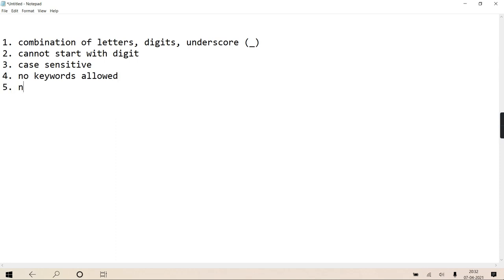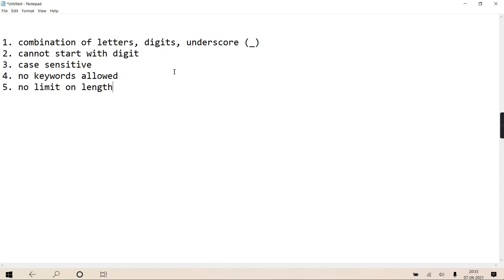And the last rule is no limit on length. Okay? No limit on length. So that rule you should also remember. In some languages there are limits on length. Like old C, the ancestor by Dennis Ritchie, had 8 characters. Then they came with ANSI C, which was 32. Then the latest C, after the C99 standard, also has no limit. So here also there is no limit on length.